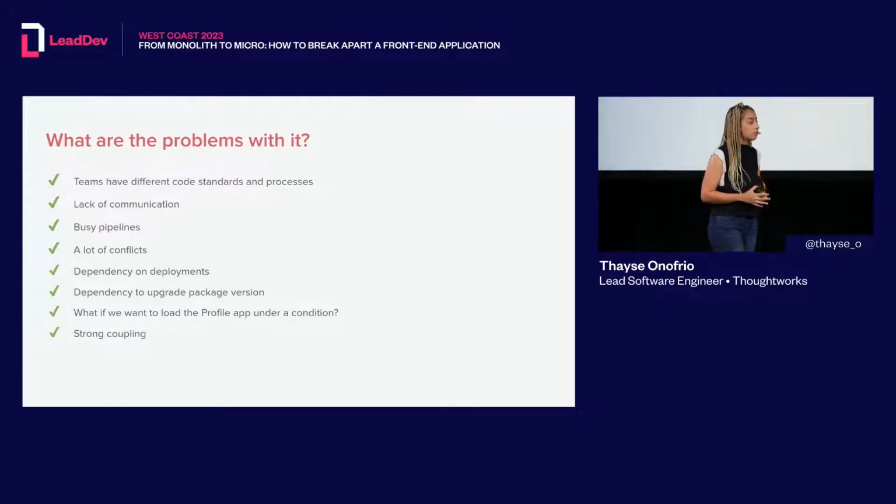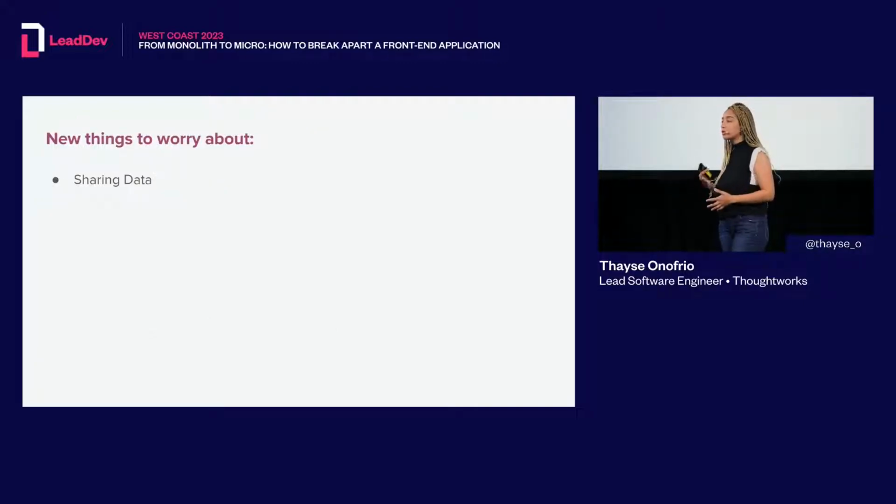Cool. So with this approach, we were able to solve all the problems we had. But we know that's not all. Every time we add something new, we need to think about the new challenges that we have. And there are some new challenges that we can introduce, and we need to think about those trade-offs when using the micro frontends approach. Some of the new things to worry about, and the first one is